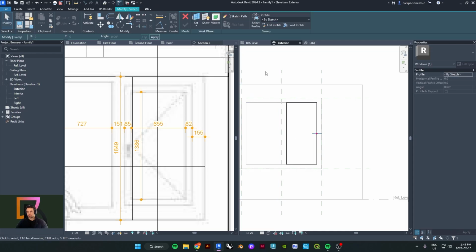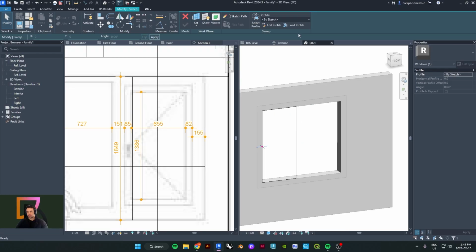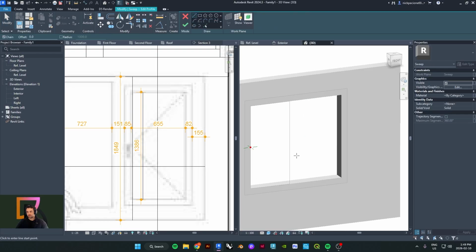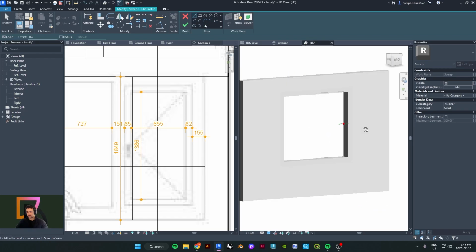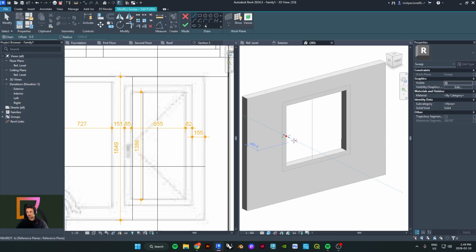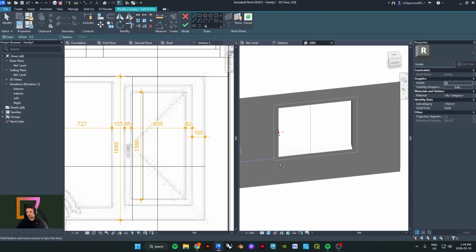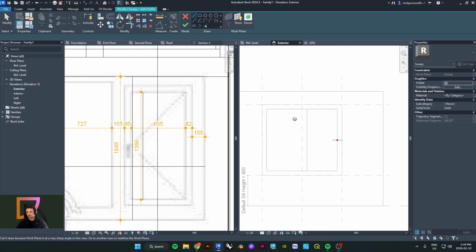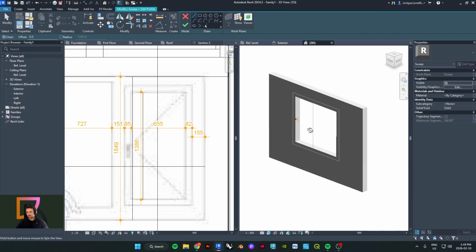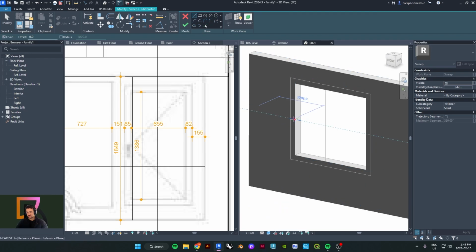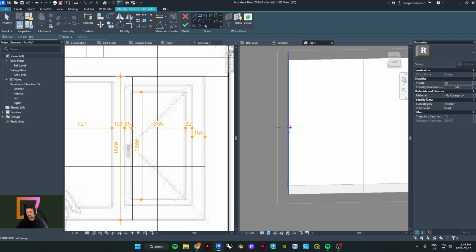And then hit finish. I'm gonna select the profile, and then edit the profile in 3D view. Let me see where we're at. Okay, so